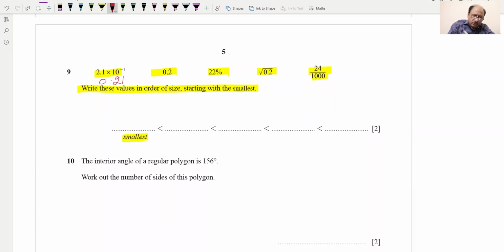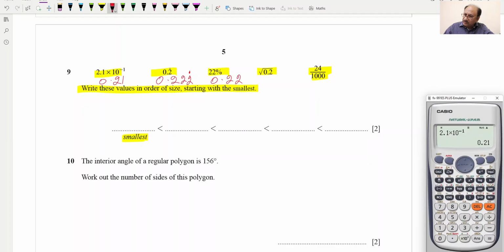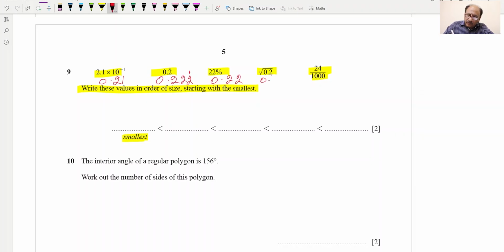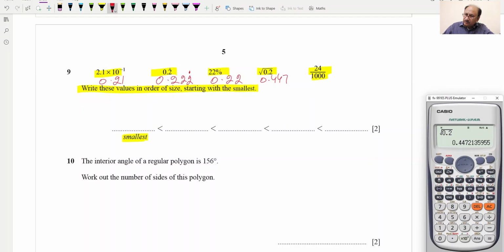so we can write it as 0.21, and this is recurring, 0.222 recurring, and 22% will be 0.22, and similarly this one we can check, root of 0.2 will be equal to 0.447, and similarly we can check for 24 over 1000, and this will be equal to